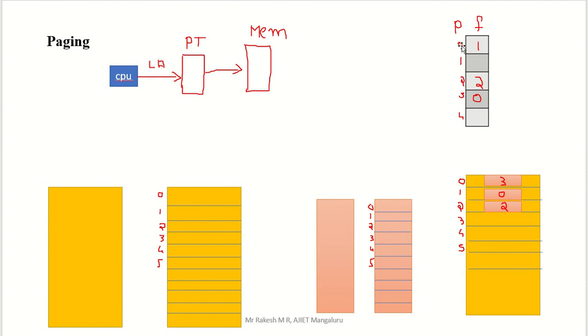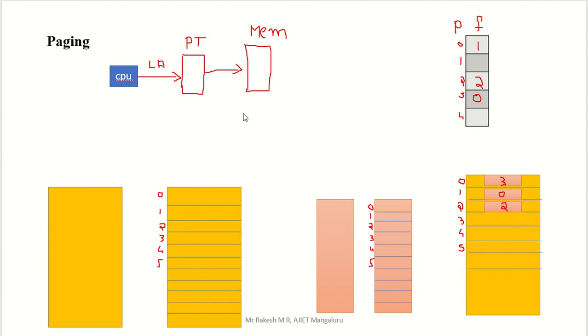Now, the 0th page is in which frame? The 0th page is in the first frame, so you can see it here. The first frame I did not represent here, that is why I left it blank. The second page is in the second frame, right here. The third page is in the 0th frame, so right here. This type of table is called a page table. Outside we have the page number and inside we have the frame number.